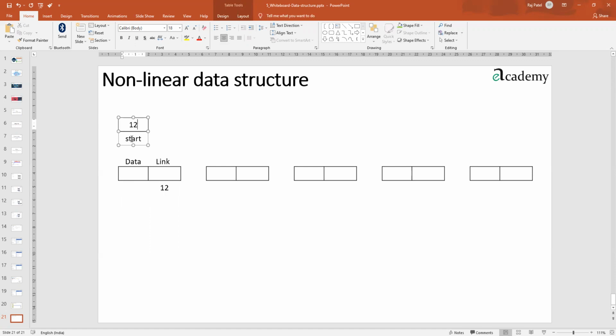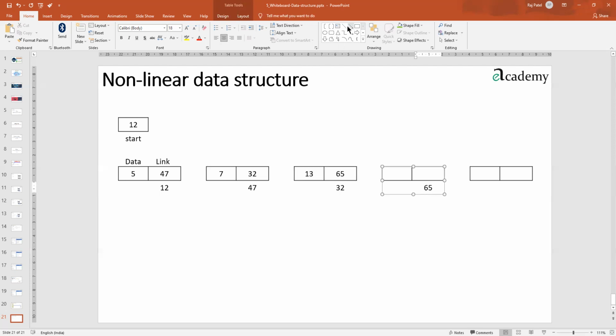He says this non-linear data structure starts from memory address 12. So if you come to memory address 12, what data will you get? Let's say there is a data saved as 5, and it says the next data you have to go to position number 47. So there will be 47 in which you can go and see what is the next data. Let's say 7. He says next data is in 32. And here, if there is a data, let's say 13, and he says next data is at 65. So this is, let's say, 65.